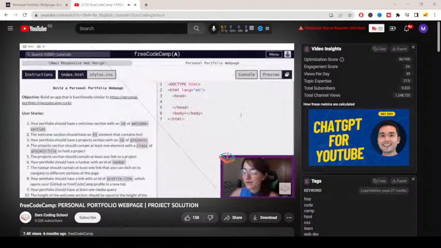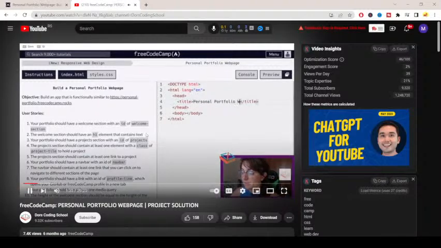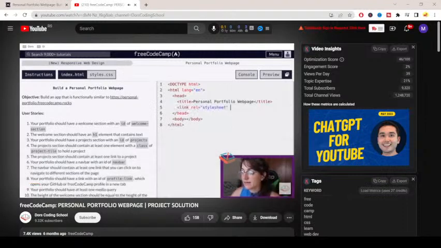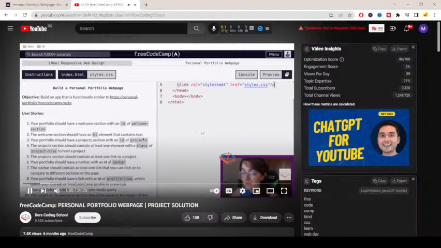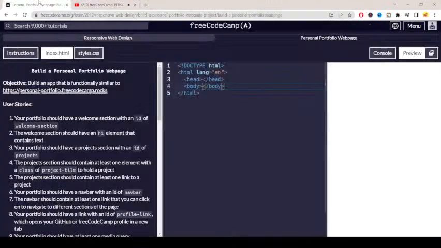Okay, so in here we're gonna create the title of our tab. Okay, so this title means the title of the tab in our Google Chrome, for example. And I wanna say personal portfolio web page. Okay, and then I'm gonna link with our CSS file. So here link, the relationship will be stylesheet, and the file we're gonna link is the styles.css. All right, this is everything we need for now. Now let's start working with our